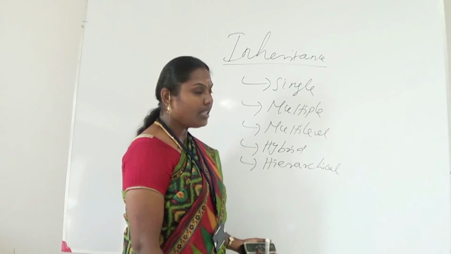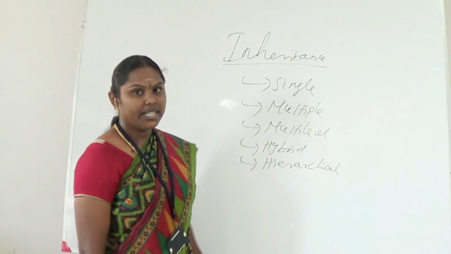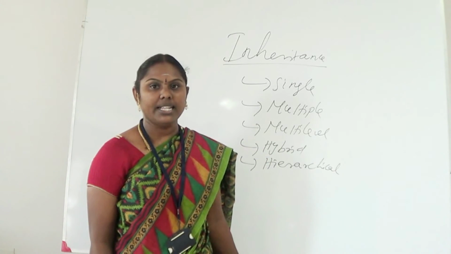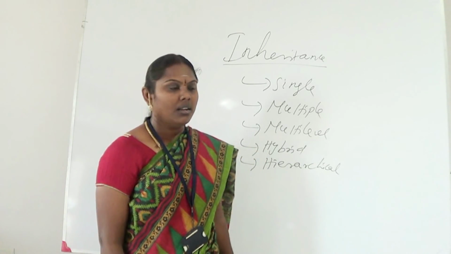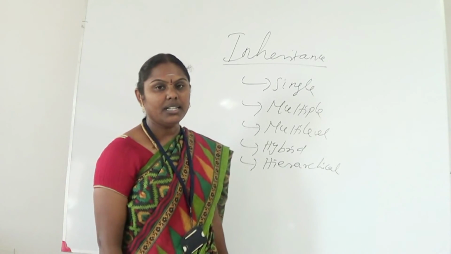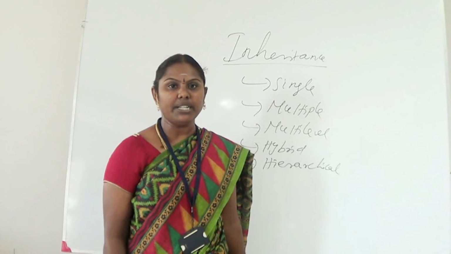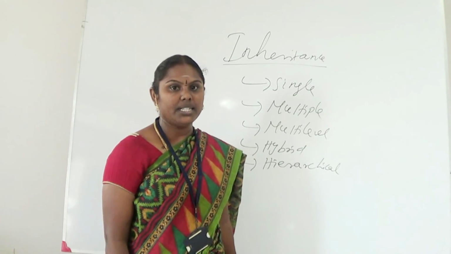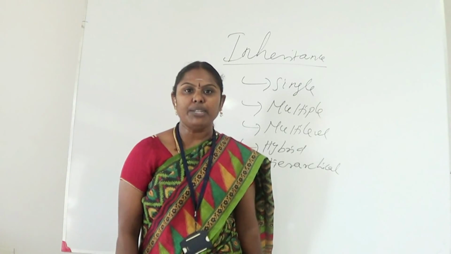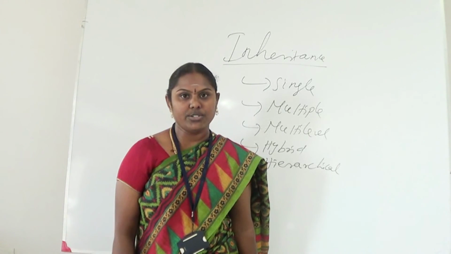In single inheritance, a derived class can derive from only one base class. In multiple inheritance, the derived class can inherit the properties and methods from more than one base class. In multi-level inheritance, the derived class can derive from a base class, which in turn can be derived from some other class and so on. The fourth one is hybrid inheritance. Here it specifies the combination of both multiple and multi-level inheritance, and it forms a lattice structure.